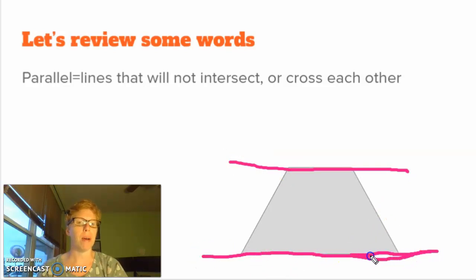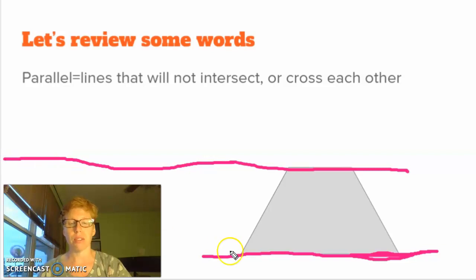Now I know I'm not a robot and I don't have a ruler, but looking at these two lines, I know that they are not going to meet. If I kept on going on and on and on, if I was drawing an extremely straight line with a ruler, that line would not meet and this line would not meet. So the top and the bottom lines of this trapezoid are parallel. However,